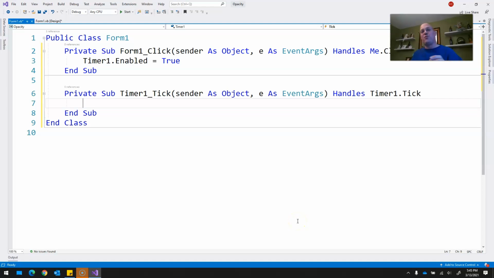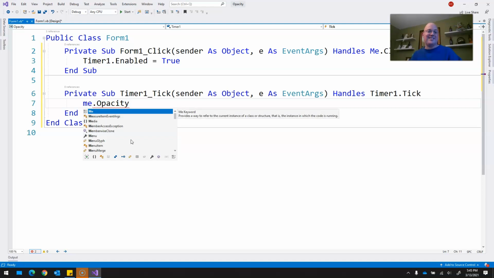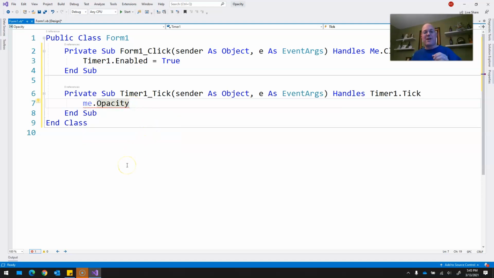I need to change the form's opacity. If I say form 1 dot, I want to remind you of this because I think it's come up a couple times. Form 1 cannot refer to itself. It's like The Rock, who calls himself The Rock in third person. Like The Rock says, you don't call that grammatically correct. It should be me. Me dot opacity. When you're talking about button 1, you say button 1. We're talking about label 1, you say label 1. But when you're talking about the form, you say me dot. Me dot opacity equals me dot opacity minus, let's say,